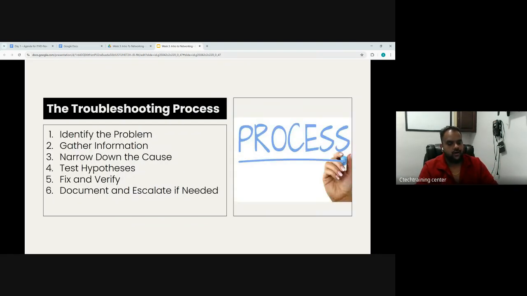The troubleshooting process, and this one you guys want to maybe write down. This is exactly the way in the interview when they ask you for a question. This is taken off of the CompTIA A+ curriculum itself. The first one is to identify the problem. The first thing everybody makes a mistake on is when they say my internet is not working, you as a level 1 technician or analyst need to identify the problem.